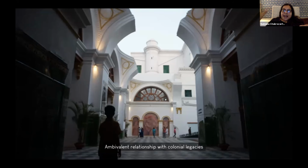A lot of the statues that are in our public spaces had been shifted and replaced with leaders from our national movement or from local politics. And heritage buildings and heritage conservation was something which was really ignored. And in a way, very understandably so, because we were still trying to establish what is our relationship with this colonial history. So the museum is really a beautiful testament, I think, to that, and which is why I really